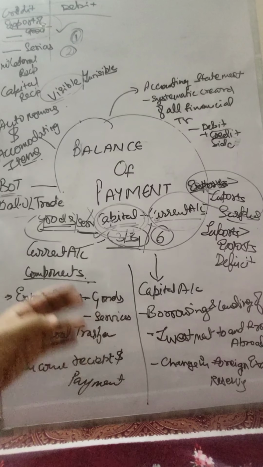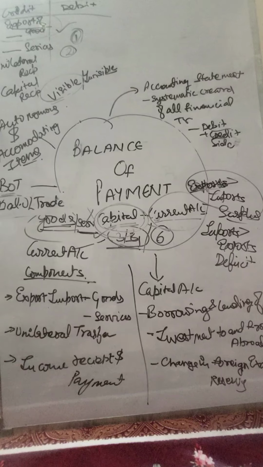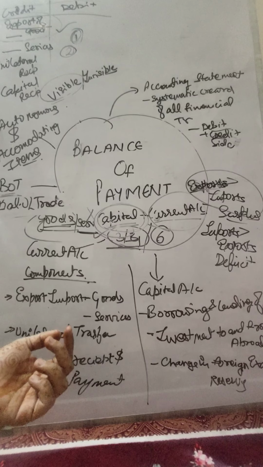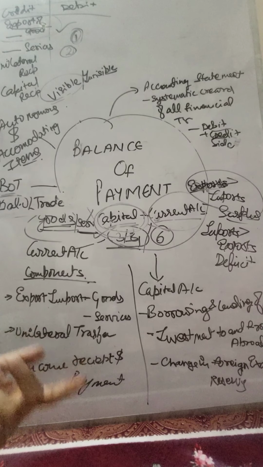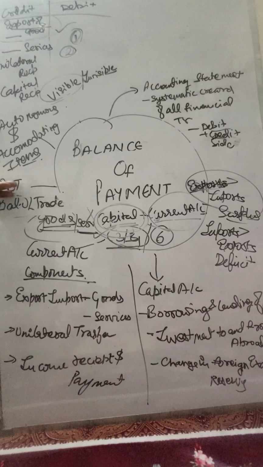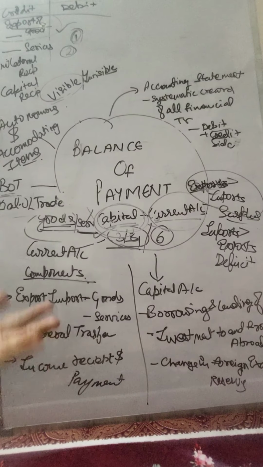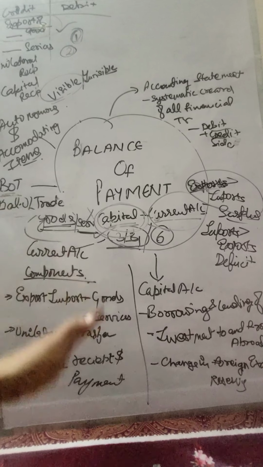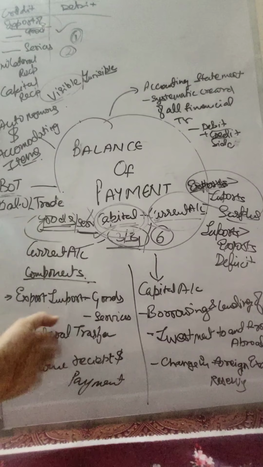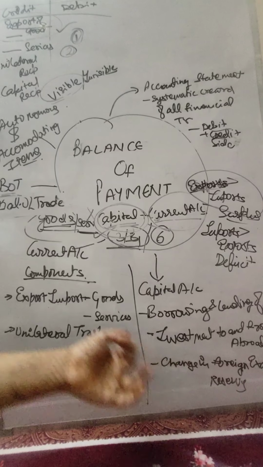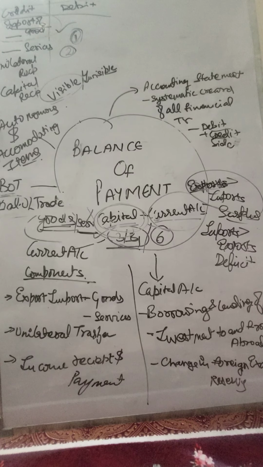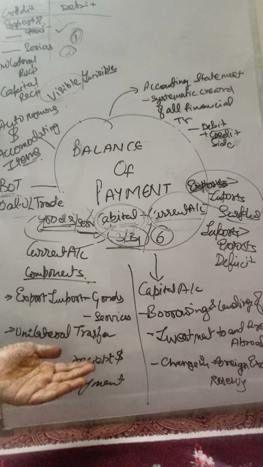Now, what questions can be asked are like: differentiate between balance of trade and current account, between balance of trade and capital account, and between capital and current account. Also, as we have done earlier, balance of trade and balance of payment. All these can be asked in the 4, 5, or 6 marker questions also, so it's very important to understand the differences. The differences will be the same pointers that we are including in capital account and will not be included in current account, so you can make any number of points based on this.